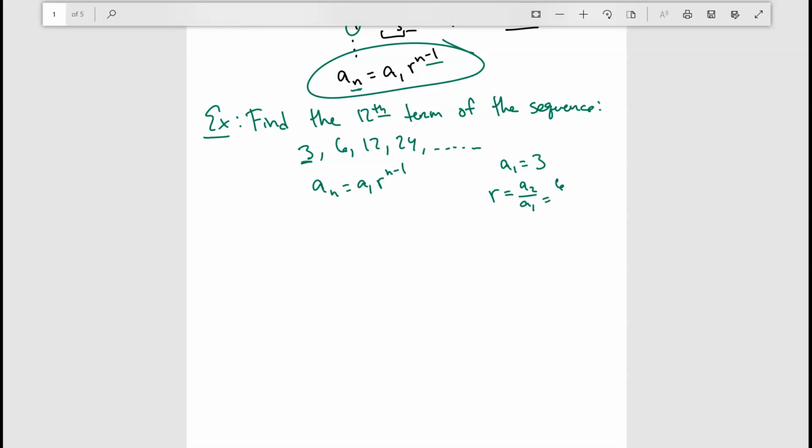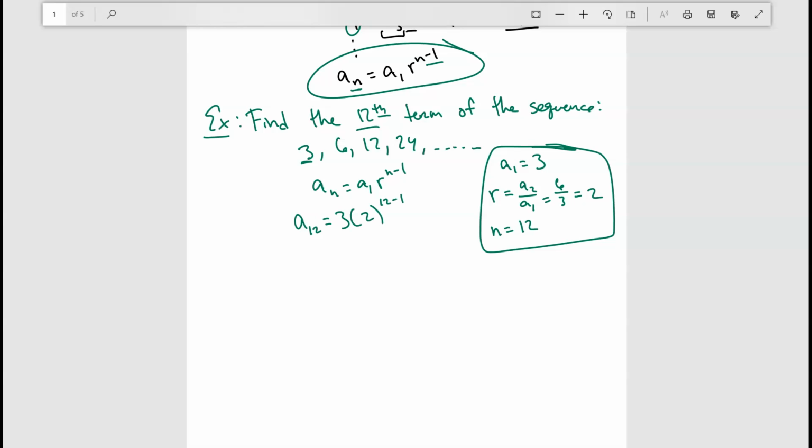So that's going to be 6 divided by 3. It's going to give me 2. So everything is being multiplied by 2 each time. And in this case, it's going to be the 12th term because I'm looking for 12. All right. And what I would suggest is use a calculator for this because these numbers can get really, really large. So I'm going to have a_12 is equal to a_1, which is 3, times 2 to the power of